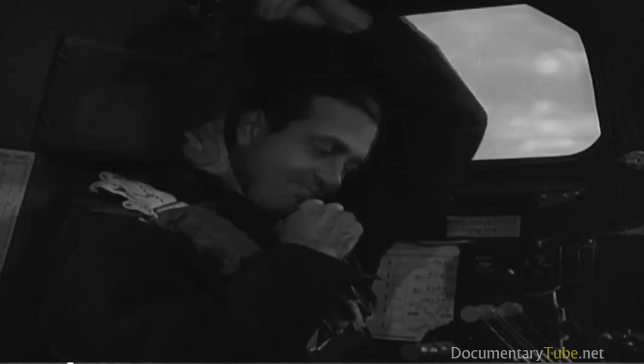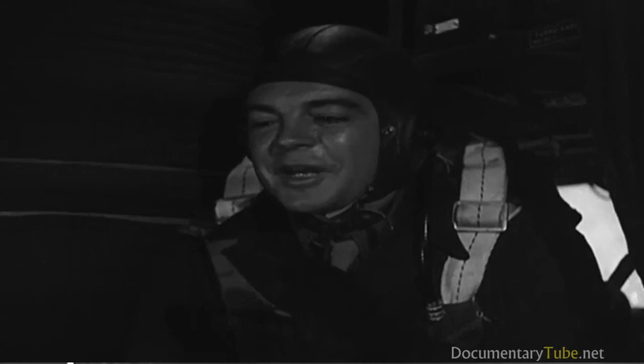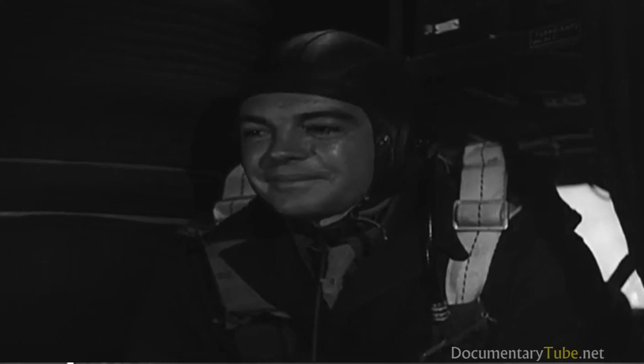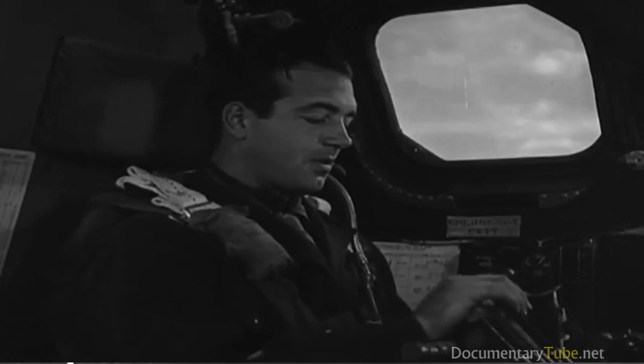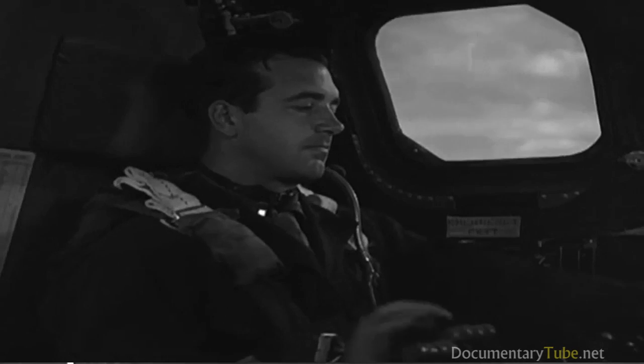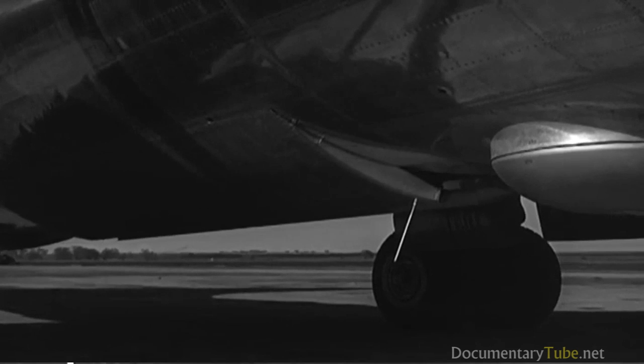And a tough one, too. Can't say I'm sorry to get out of this seat. Not quite so fast, Lieutenant. You're not through yet. The engines are still running. You started them. You stop them. Throttle back to 700 RPM. After head temperatures have dropped to 190, make a complete mag test. Open the bomb bay doors, then